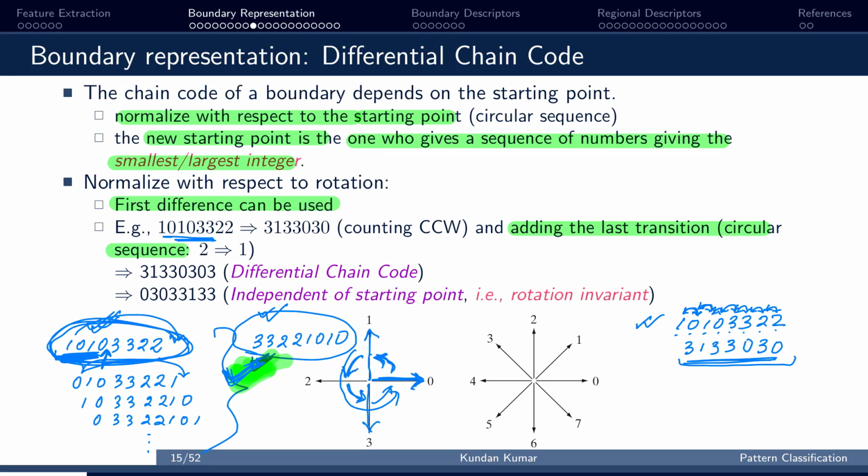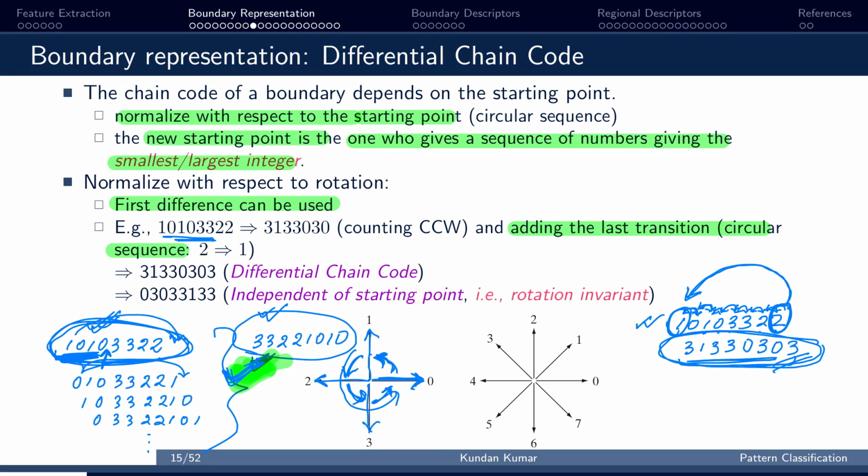In that case we have to consider the last and the first one, so that it is circular. That means we have to find the first difference between 2 and 1. Here it is 2 and we need to reach 1. So 1 step, 2 step and 3 steps. In the third step we reach it. So this is our final